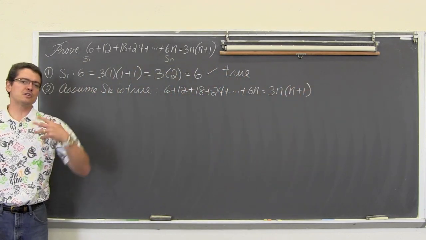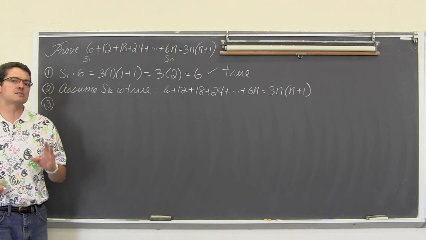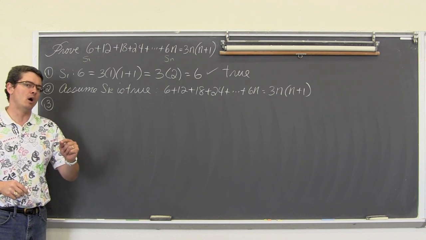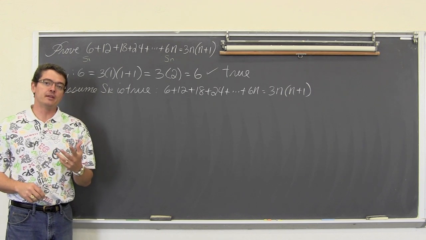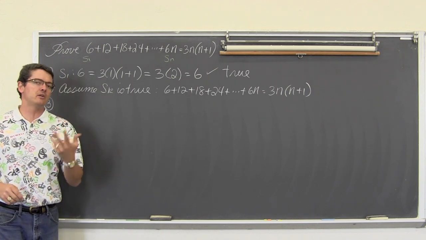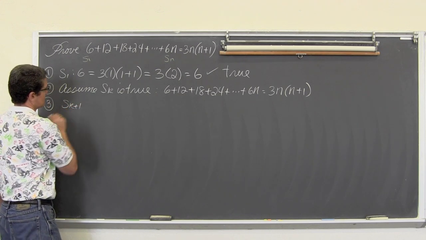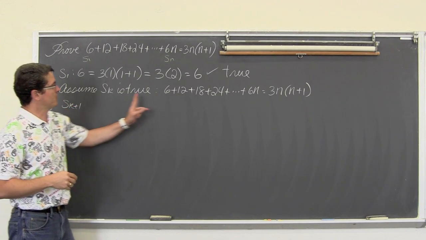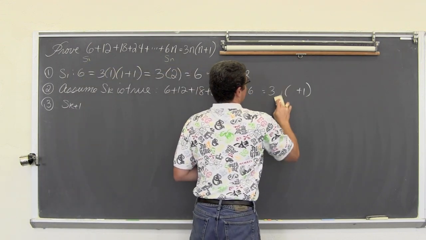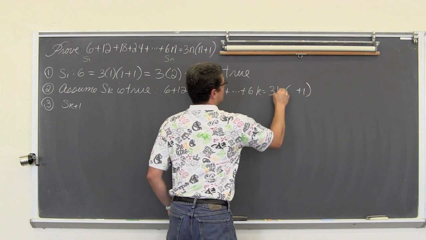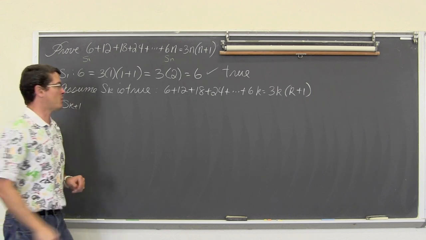And now, just for extra clarity, my third step I said was going to be to force in a substitution of k plus 1 to help me find out what the right-hand side of my proof should be when I'm done with it. So this is an extra clarity step. It's not really part of the proof. We're going to find our S sub k plus 1 statement. So I'm going to go through here. Everywhere there's a, whoops, I do that all the time. I go to write my S sub k and I keep putting the n's back in it. So everywhere there's a k, I'm going to plug in k plus 1.